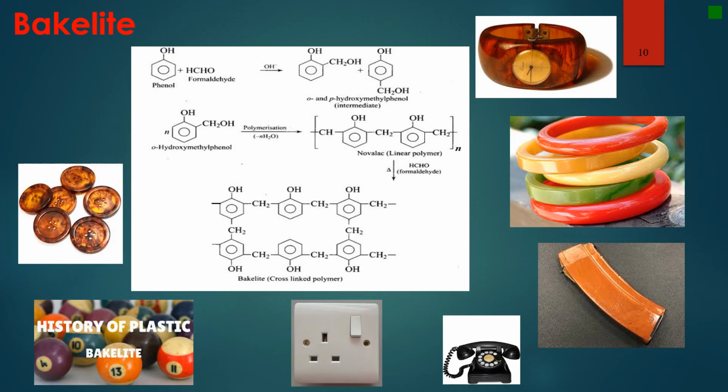So another common condensation polymer is Bakelite, and it has also so many uses. Bakelite is a result of the polymerization of phenol with formaldehyde that first forms Novolac, which is a linear polymer, and we also have it combining with formaldehyde to result in Bakelite, and Bakelite develops cross links between